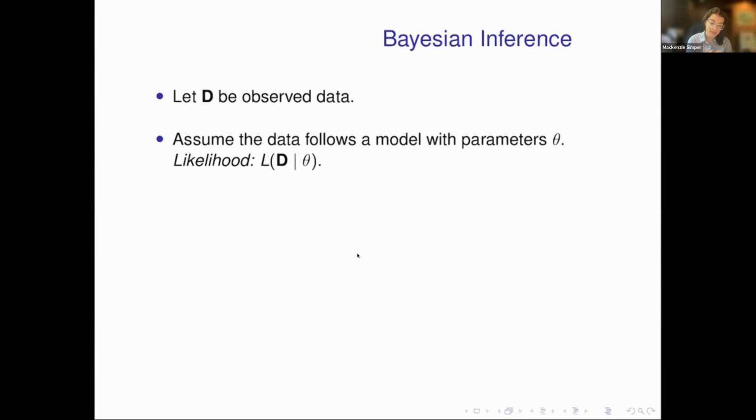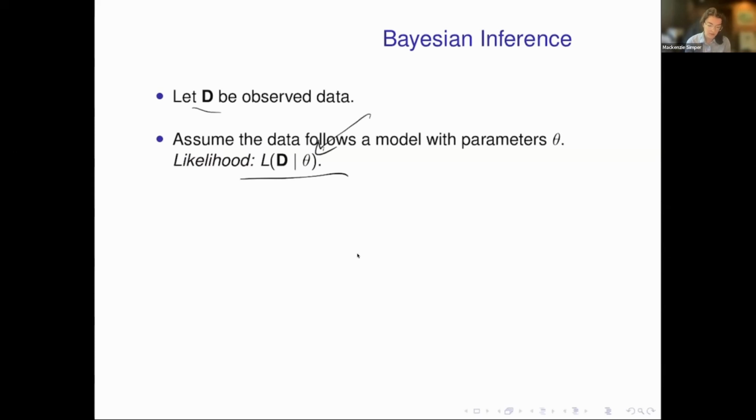So Bayesian inference is a type of statistics. It's one mindset in statistics where D is your observed data as usual. And as usual with statistics, you assume that the data follows some model with parameter theta. So this gives you a likelihood, the probability of seeing the data given the parameter theta. And in statistics, what we want to do is estimate this parameter theta. So what you might have done before is calculate the MLE, the maximum likelihood estimator, what theta maximizes